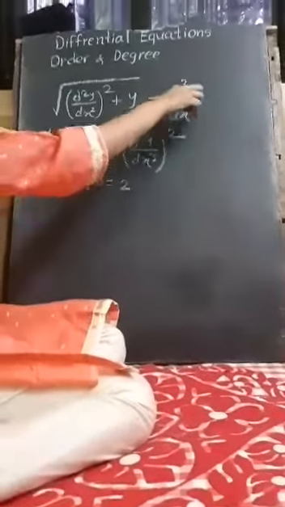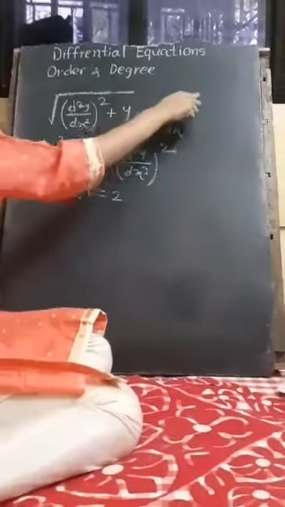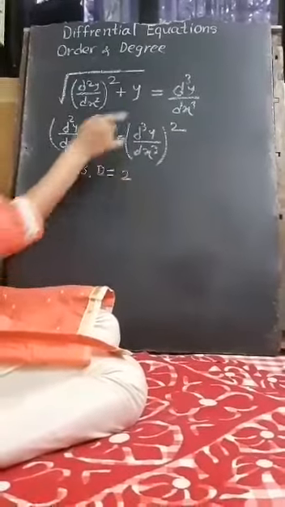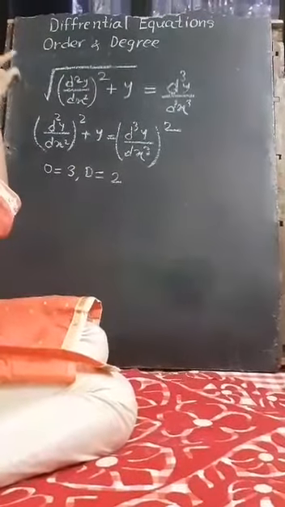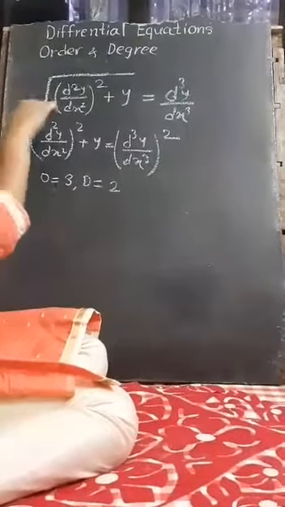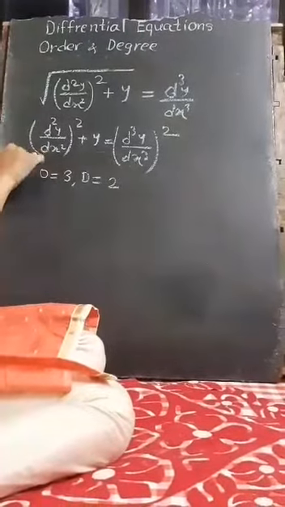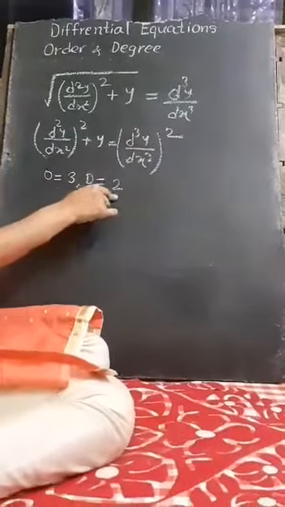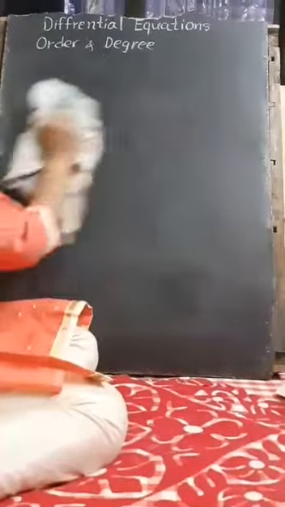You might say degree is 1. This is the highest order. Now in the initial sum the degree of that is 1, but the answer of degree is 2 because this differential equation is not free from fractions and radicals. Radical is present, you have to remove that first. This step you have to write and then you have to write the answer of degree. So degree is 2. We'll take one more example and then I will stop.